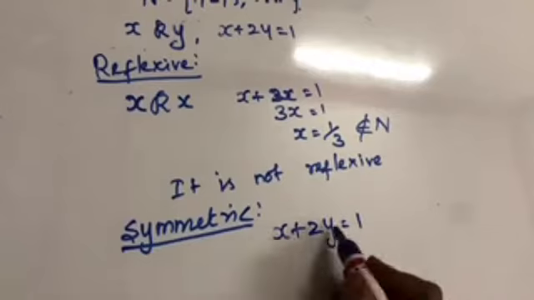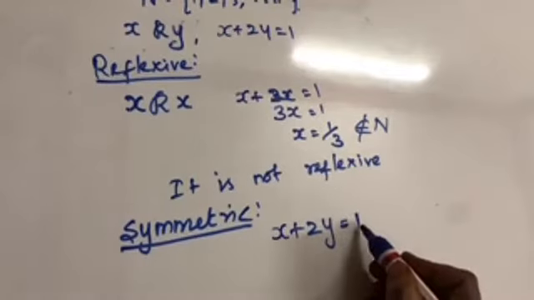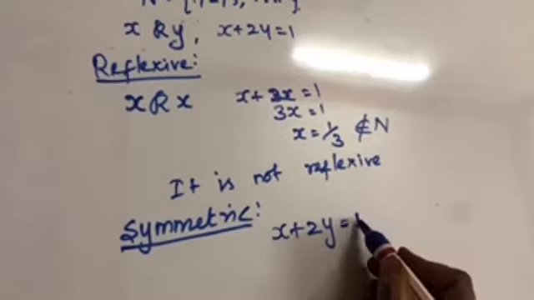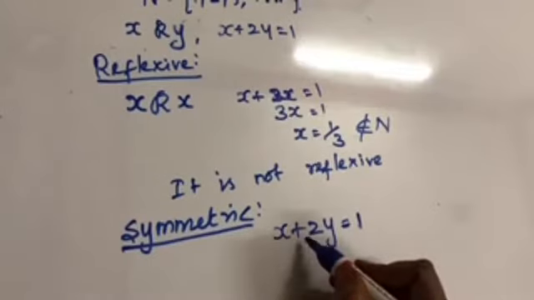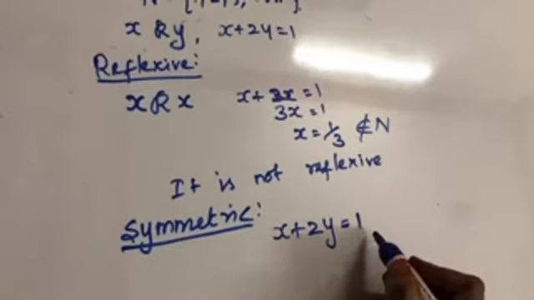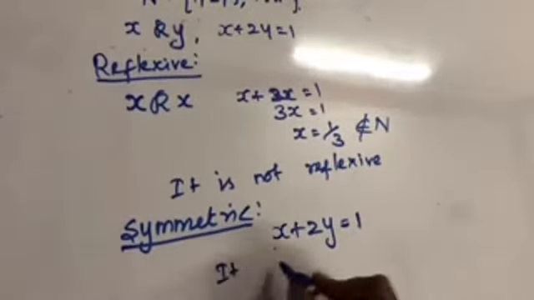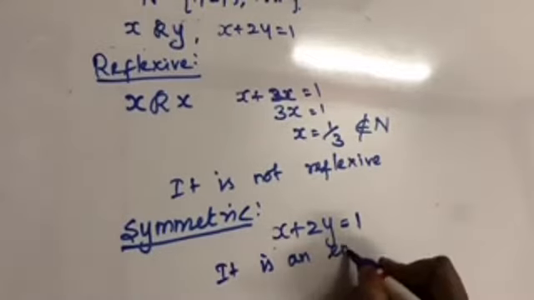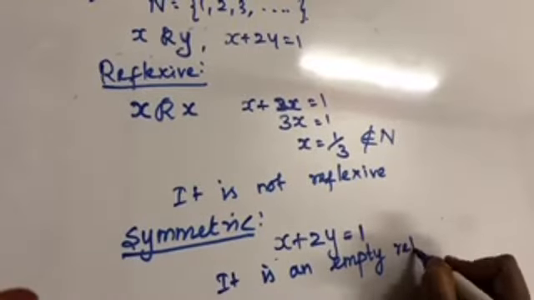The numbers, you have to add so that you get 1. 1 is the least among natural numbers. It is the smallest number. So we cannot find two numbers such that their sum is equal to 1. Even for this condition itself, we couldn't find any values, right? So it is an empty set. We couldn't find any elements of this set. So it is the empty relation.